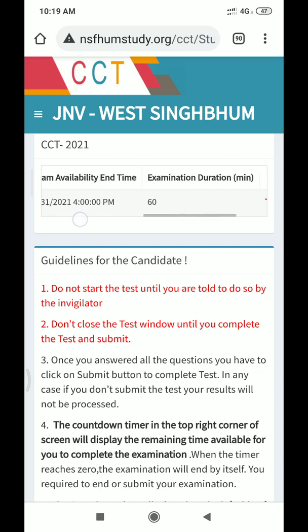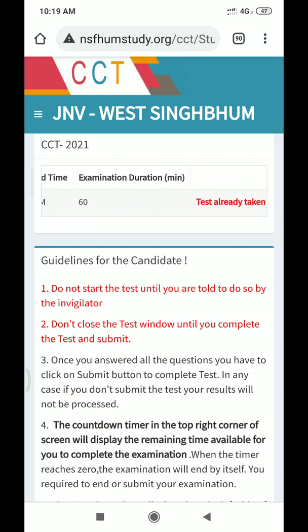Check it. Here, test already taken is appearing. That means your test is completed.